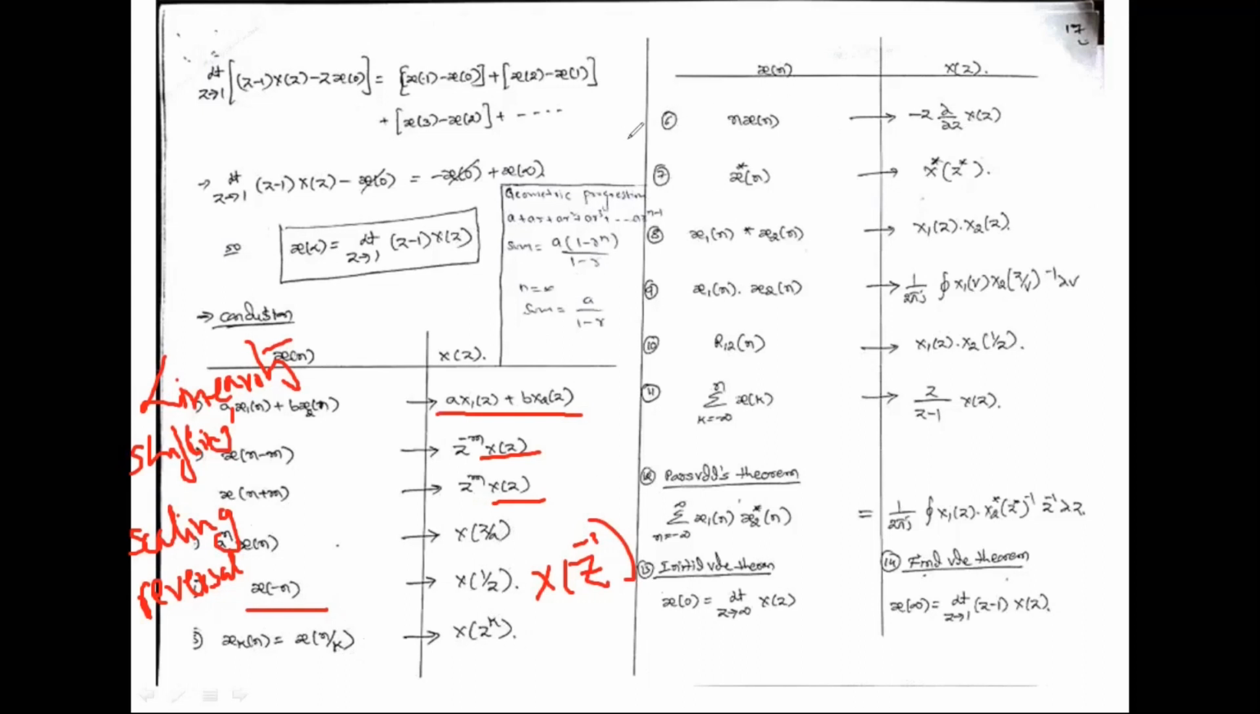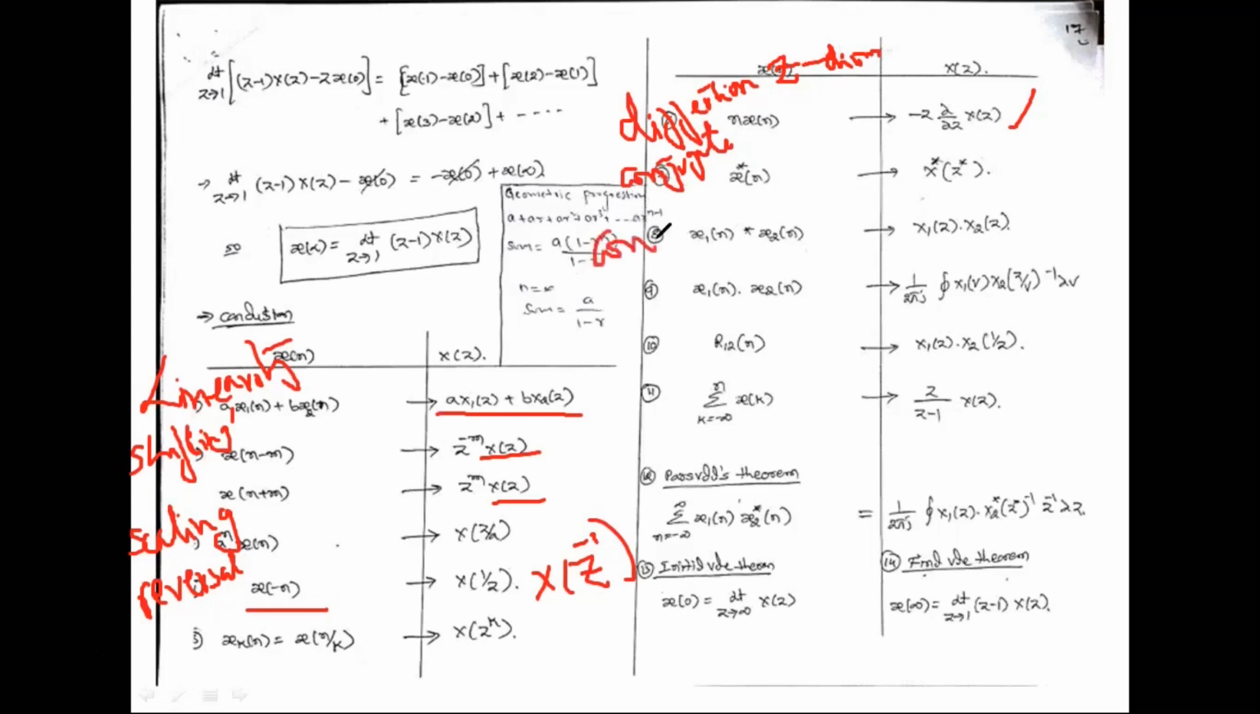Next, the differentiation property. Differentiation occurs in the z domain. Multiplying the signal by n, n into x of n, is minus z d by dz of x of z. Differentiation in z domain. And next, the seventh property is the conjugate property. What is the conjugate property? x star of n gives x star of z star. Next, the eighth property